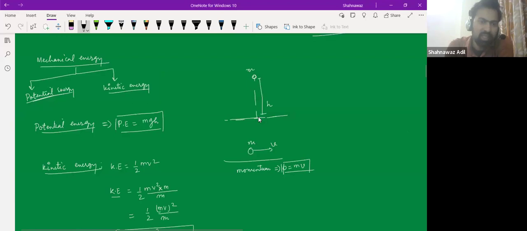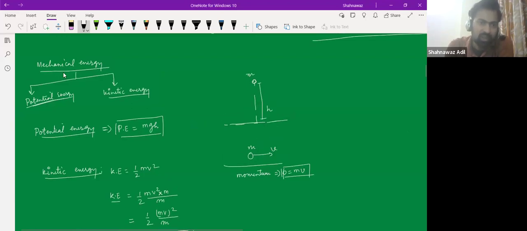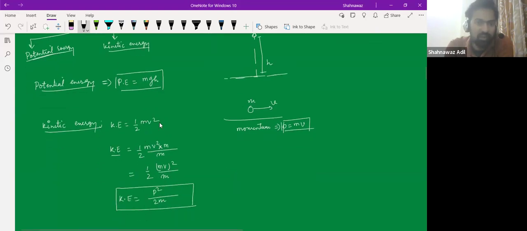But let us quickly go through these, right? Then we have two kinds of energy, potential energy and kinetic energy. Potential energy is due to position in space and time. So this is mgh, and then you have kinetic energy, due to the virtue of the motion of the object. Whenever the object